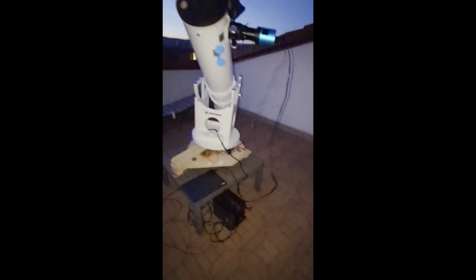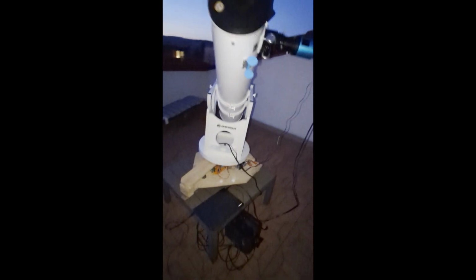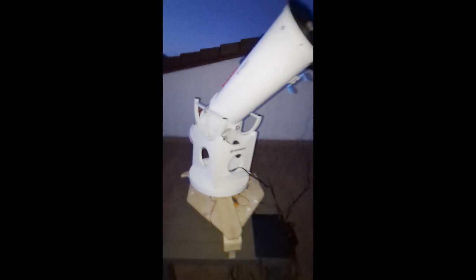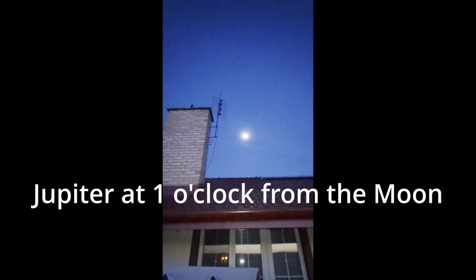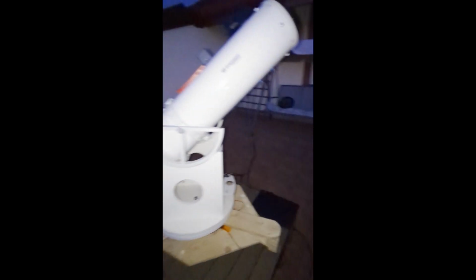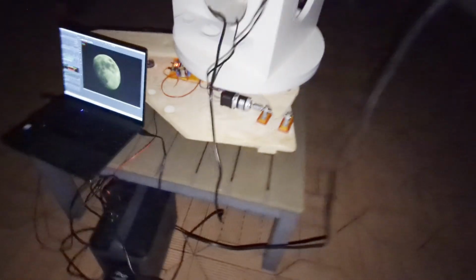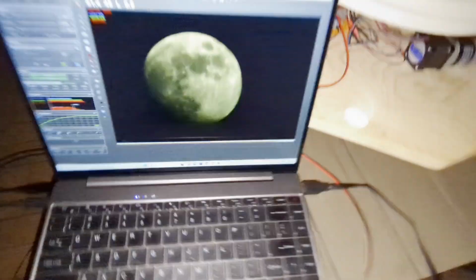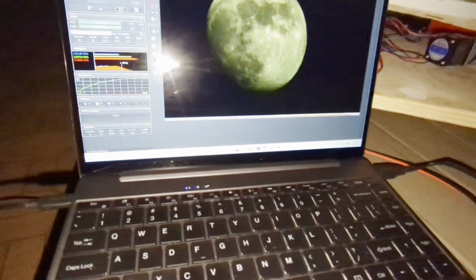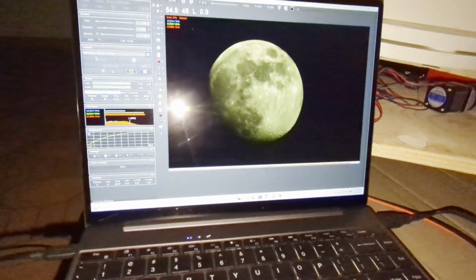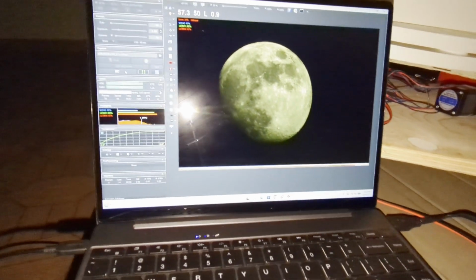Hello YouTube, today I'll show you how I capture the moon using my Dobsonian on equatorial platform. It's already dark, so I have centered the moon in the field of view, started the equatorial platform, and begun capturing the first frames. I'm recording a 500 frame video with my IMX571 camera at the default gain with the